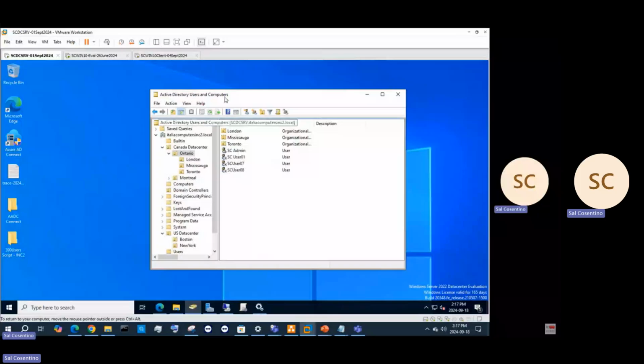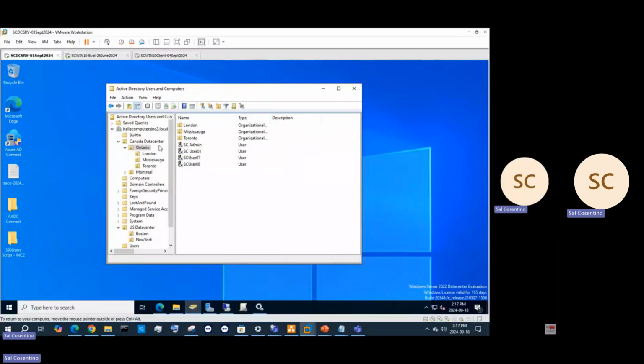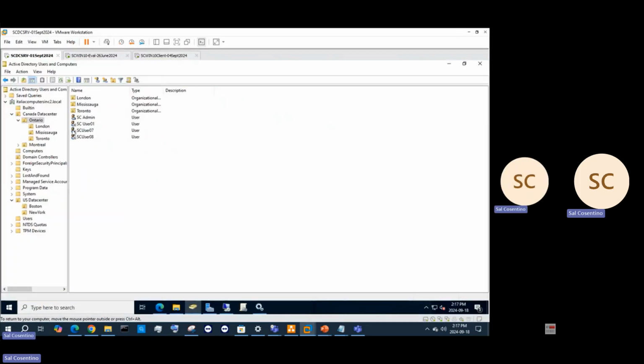So you guys understand what's going on. Like I said, my service here is within our Canada data center and our US data center, and in Ontario I segregated those into specific OUs, and then within those OUs I created different groups and things. So I'm going to show you guys how to create a security group, and I'm going to show you guys how to create